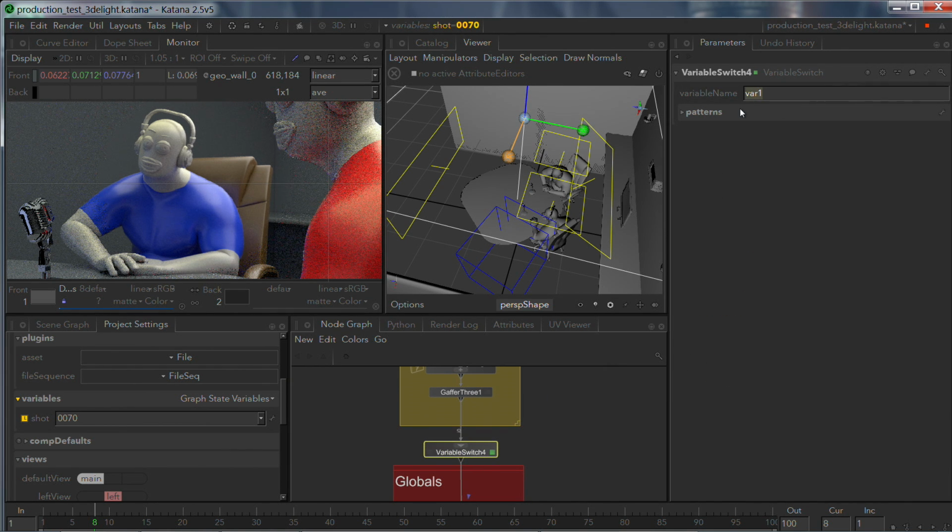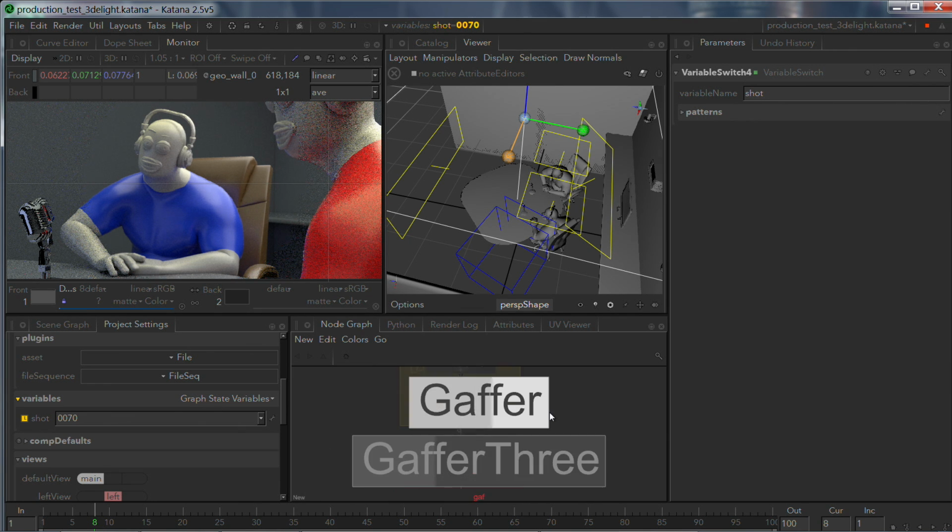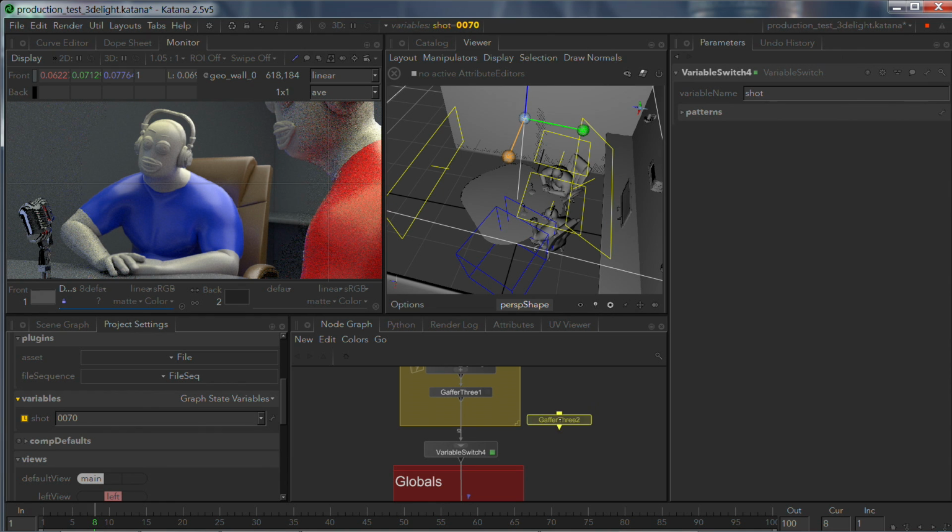Now the important part, don't forget to tell it what is the variable name. So here we're using shot, make sure that says shot. Now what happens is this switch is going to take multiple inputs. In this case, we're going to make another Gaffer 3 node. I'm just going to put it over here, and we're just going to call this master tweaks. Call this shot